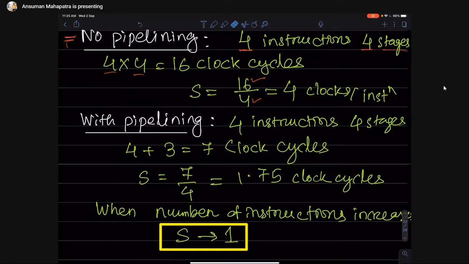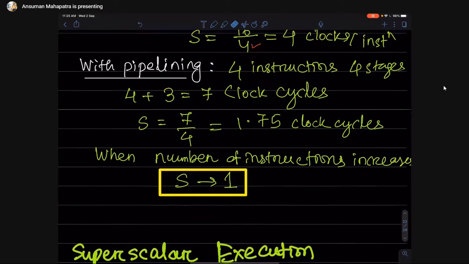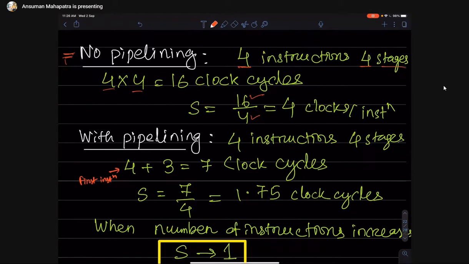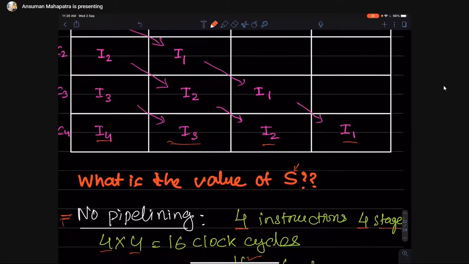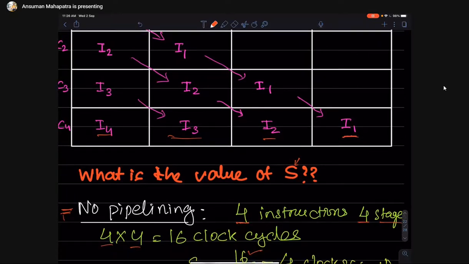The same 4 instructions are there, 4 stages are there, but in this case what will happen? The first instruction will take 4 clock cycles. What about the second, third and fourth instruction? Whenever the first instruction reaches the last stage, it has already taken 4 stages.